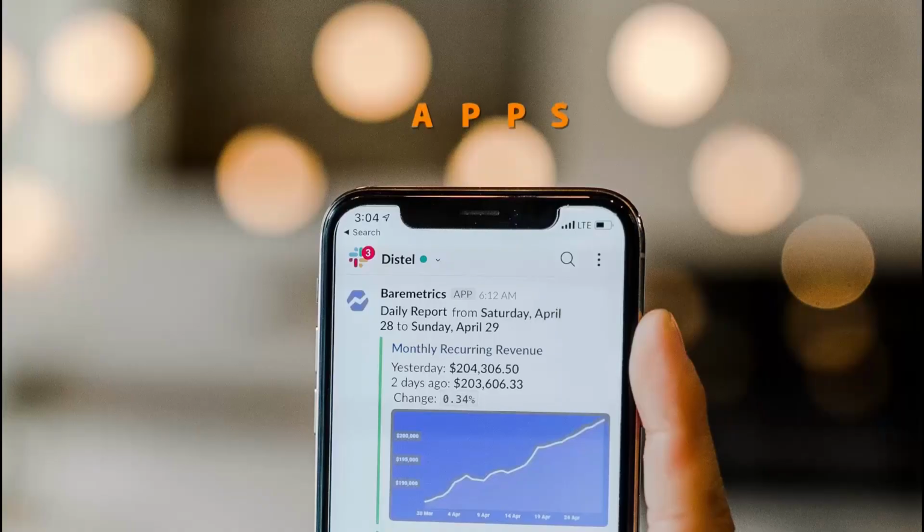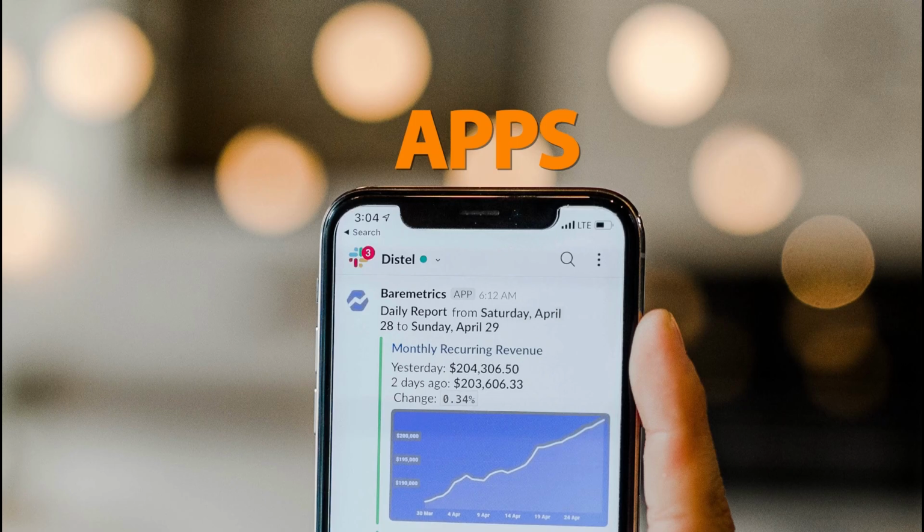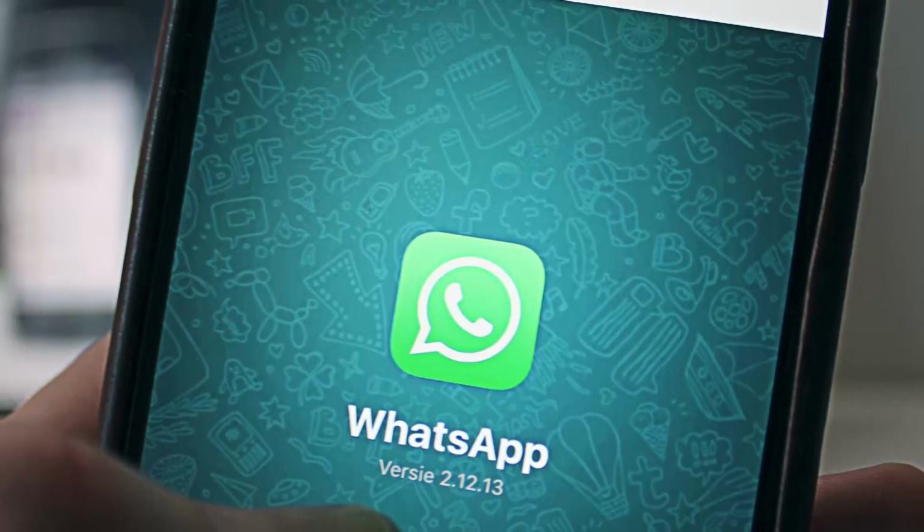Before going into the depth of application software, let me throw light on what exactly apps are, because right now application software has taken the name of apps. App is a very frequently used term in the present scenario. WhatsApp is one example.